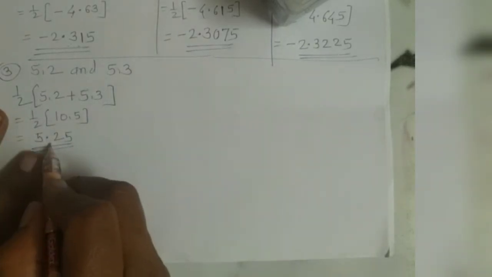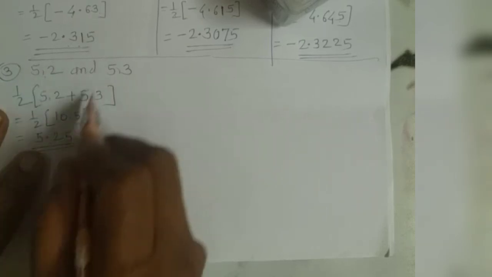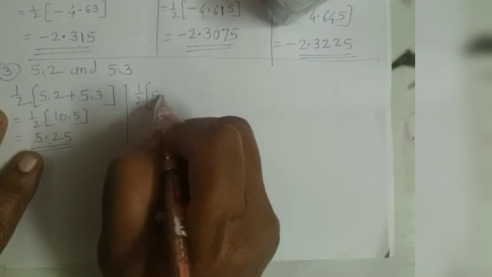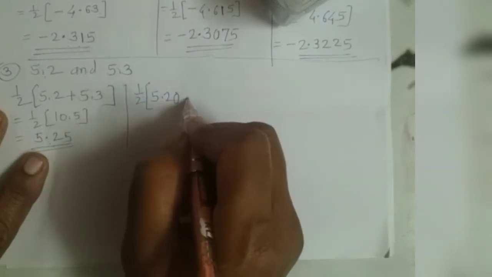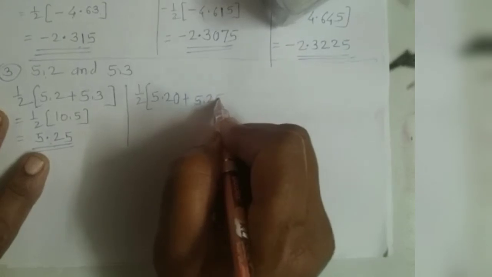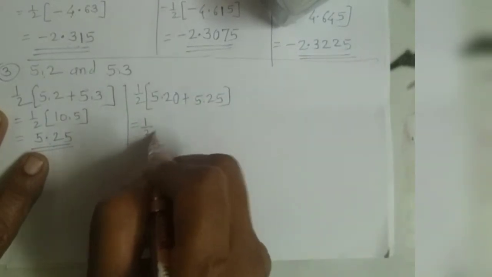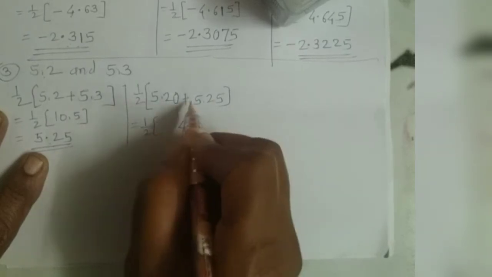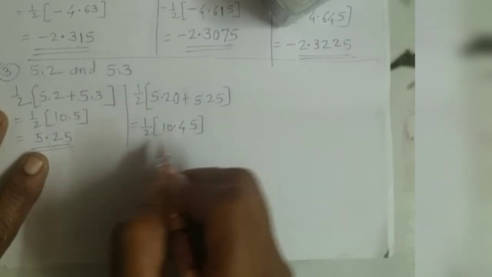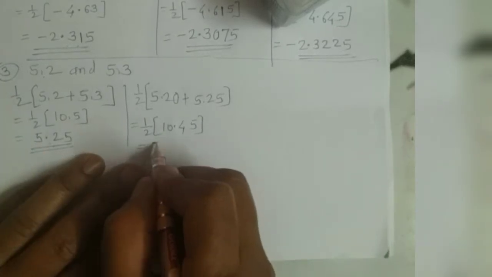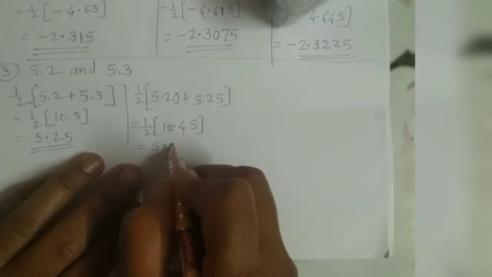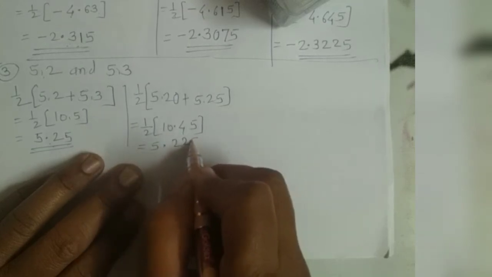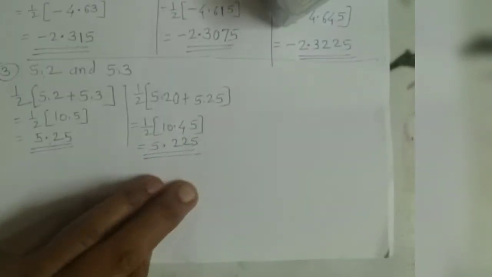Now taking this number with this number and with this number, we find the next two numbers. 1/2 of 5.2, 2 means 20, plus 5.25. The sum will be 1/2 of, 0 plus 5 is 5, 2 plus 2 is 4, 5 plus 5 is 10. Again dividing by 2, here we get 2 fives are 10, 2 twos are 4, here 5 is there, 2 twos are 4 again, and 1 remaining, 2 fives are 10. This is the second number.